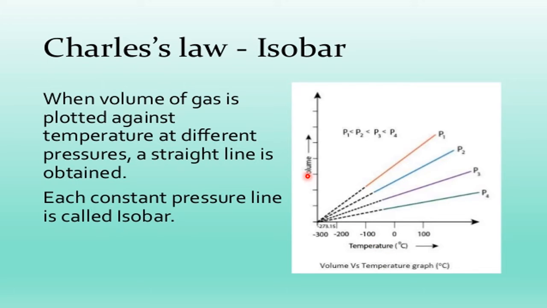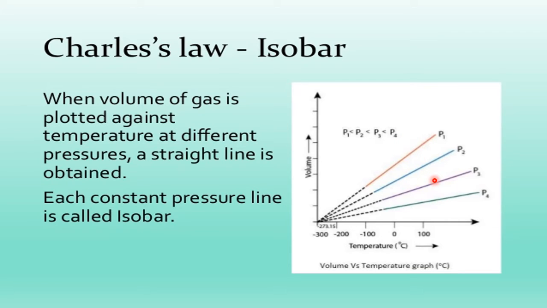Take the volume on the y-axis and the temperature on the x-axis. This is the origin, 0, 100, 200, and so on. And this side minus 100, minus 200, and so on. When you plot volume versus the temperature, naturally, because they are directly related, we have to get a straight line at different pressures. At this pressure, this is a straight line. Maybe he might have done it for a different pressure, 2 atmosphere pressure or 100 atmosphere pressure, keeping the pressure constant. He has done the experiment. Again, same relation, a straight line, because this is the law. So at different pressures, all 4 are straight lines.